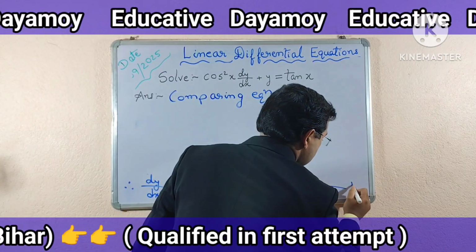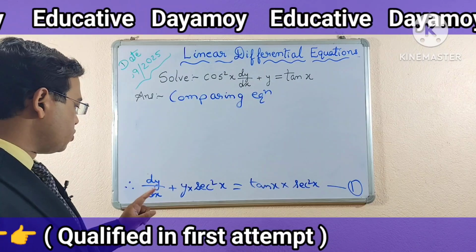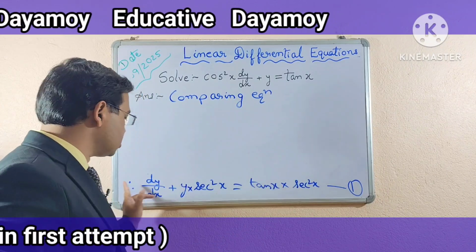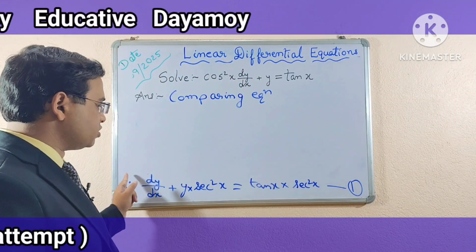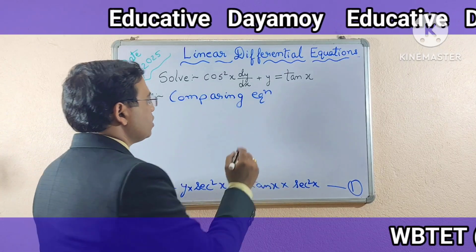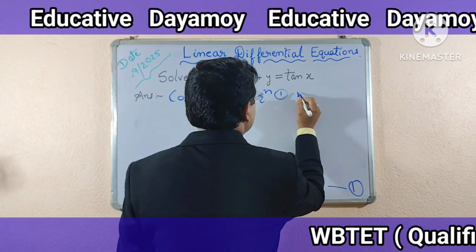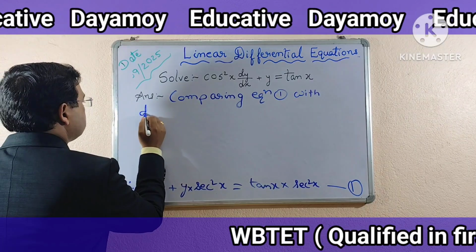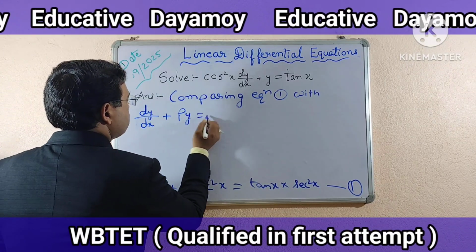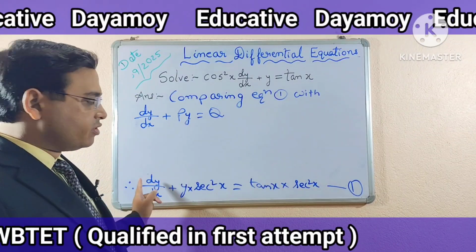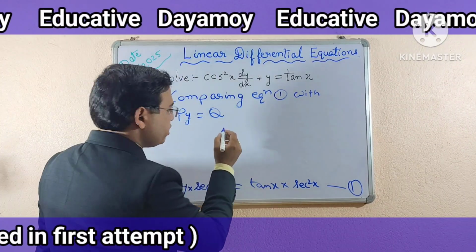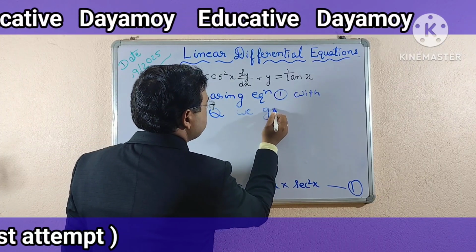equation. I will give this as equation 1. And one thing you have to see that here, therefore sign you have to give here, as this is the last line of calculation before comparing the equation. Okay, comparing equation 1 with dy by dx plus py equals to q. Okay, now after comparing this equation with this equation, what are you getting here? We get